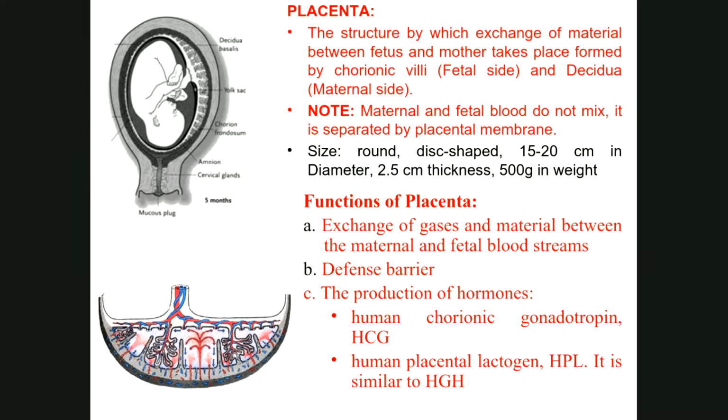So ultimately the placenta is the exchange site. Apart from it, it is a defense barrier. Some viruses and bacteria cannot cross the barrier, so the baby will be protected. But there are some bacteria, viruses or drugs which cross the placenta. If they cross the placenta, the baby will be affected and will have a problem. For example, the rubella virus crosses it and can cause damage to the development of the baby. So nature created a defense barrier, but some agents overcome it and reach the baby. Some drugs can cross the barrier and affect the baby.